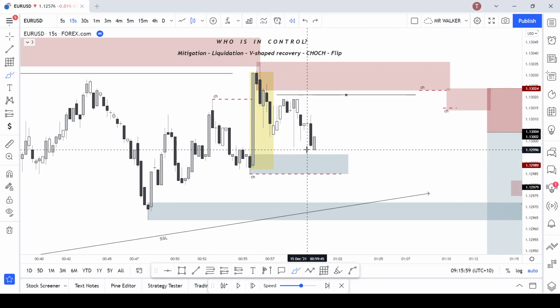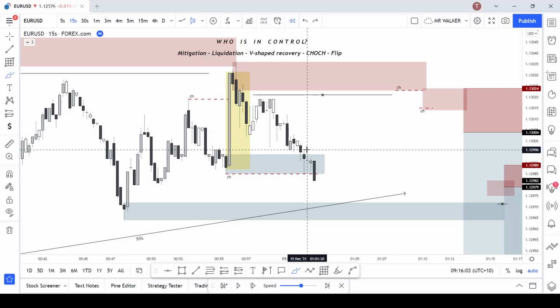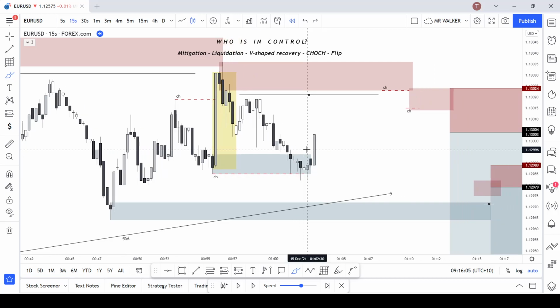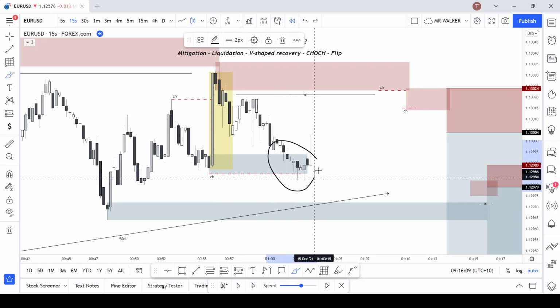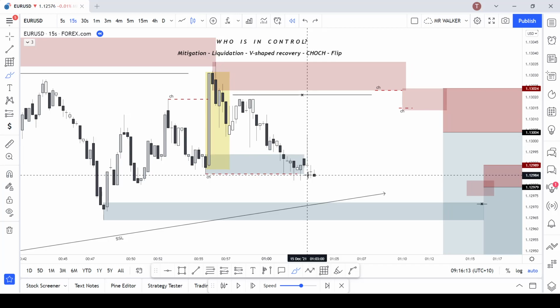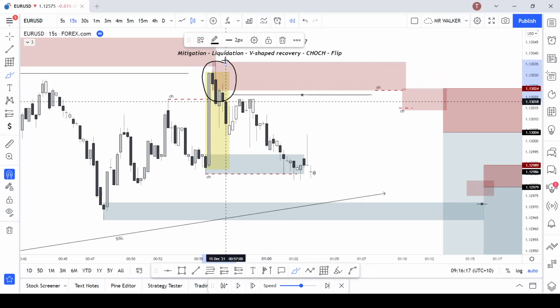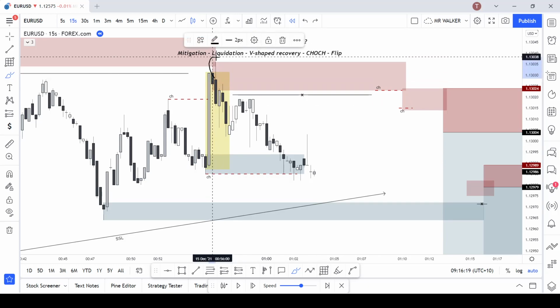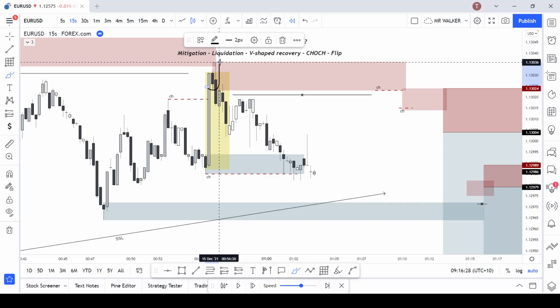Price does nothing. We then, as you can see, wick the demand. We show the reaction in these candles with the wicks, which means that we have now our new supply zone. I didn't take this wick only because I didn't really want to over refine things. So I took this buy to sell,